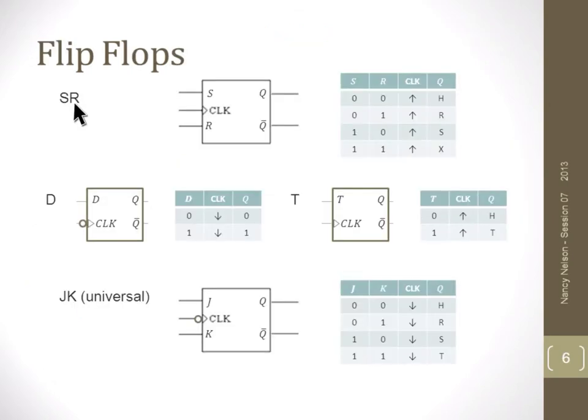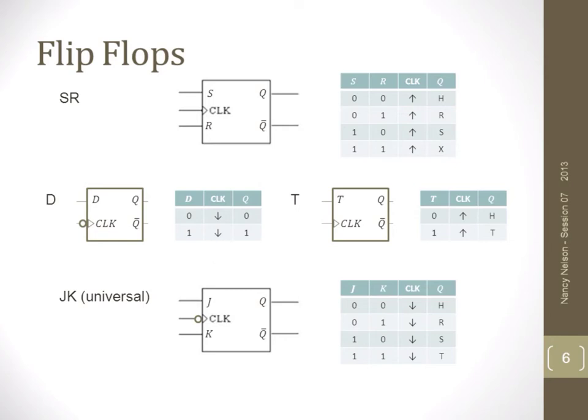So here we can see the full family of flip-flops. We have our set reset flip-flop, our D flip-flop, our T flip-flop, and our universal or JK flip-flop. So you can see the symbol is pretty much the same for all of them. We have the triangle in here indicating a clock input. That clock rising edge or falling edge is indicated on the truth table,